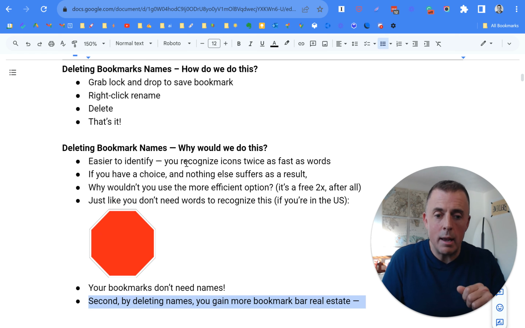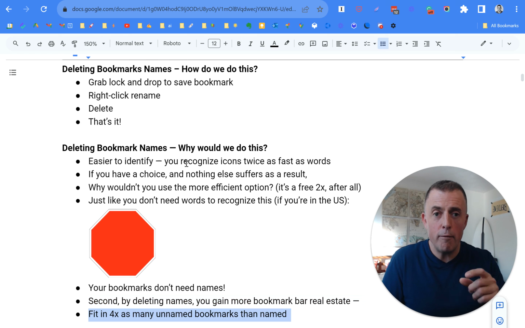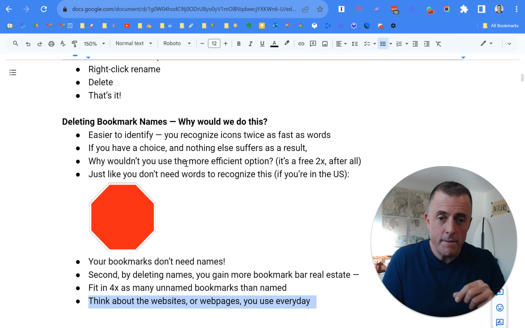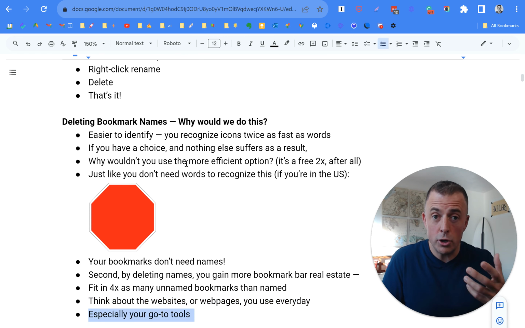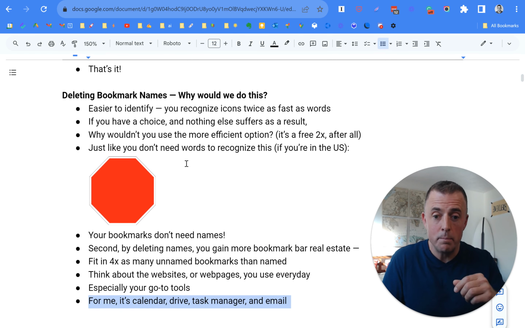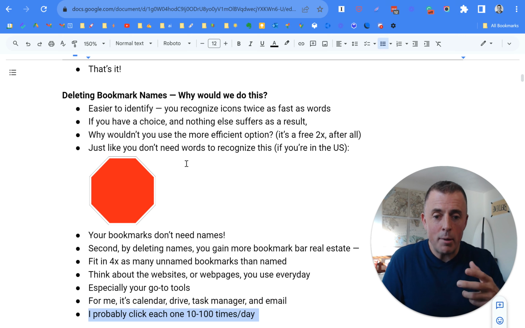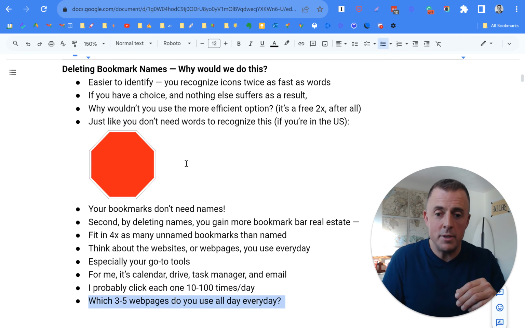Second, by deleting names, you gain more bookmark real estate. You can fit in 4 times as many unnamed bookmarks than named. Think about the websites or the web pages you use every day, especially your go-to tools. Like I explained, for me, it's Google Drive and the recent page, and Calendar, Drive, Task Manager, and Email. I probably click each one 10 to 100 times a day, which